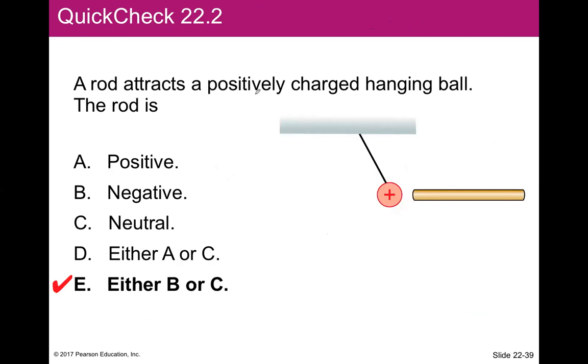So a rod attracted to a positive charge. If this is positive and it's attractive to a rod, the rod could be negative, of course, and it can also be neutral. As we learned, a charged object can be attracted to a neutral thing because of the